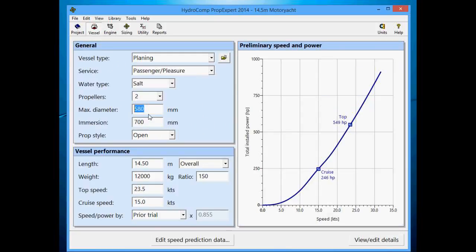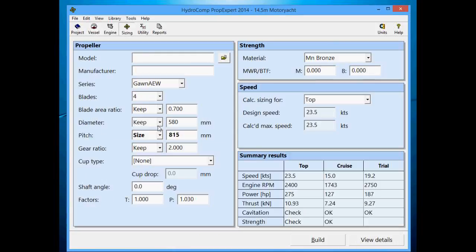The vessel owner told us that they could actually swing a 610 millimeter propeller. So we'll enter that as our new maximum diameter, and we'll go back to the sizing page and allow all our propeller parameters to be sized. We can size the gear ratio as well, and then we'll also decide what is the best gear ratio to use. So we're going to size all 4 of our parameters, and then we'll lock them down